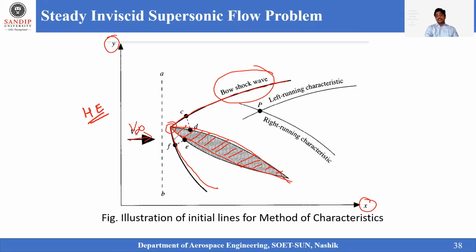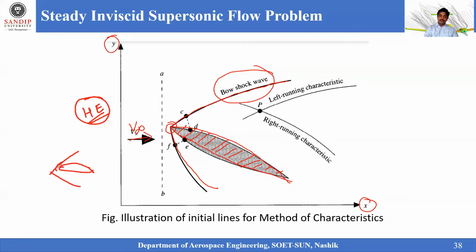Now if somebody asks, sir, if the condition is not obeyed, that the shock is attached to the body, my geometry has varied some angles, or the angle of attack is slightly increased, so there is a shock wave detached from the body. If the shock wave detaches from the body, your hyperbolic equation will not be valid in that case, and the elliptical equations will come into the problem. In that case the problem may not be properly addressed in the hyperbolic cases, and you will have a result with pockets developed in this particular CFD domain.